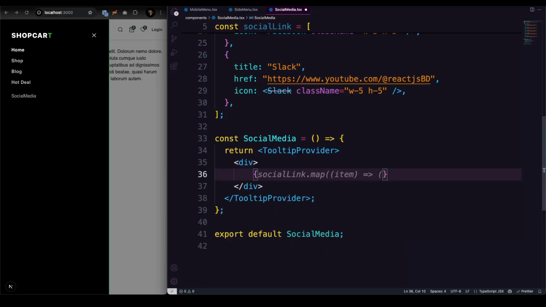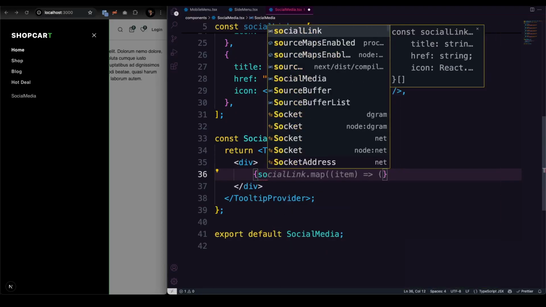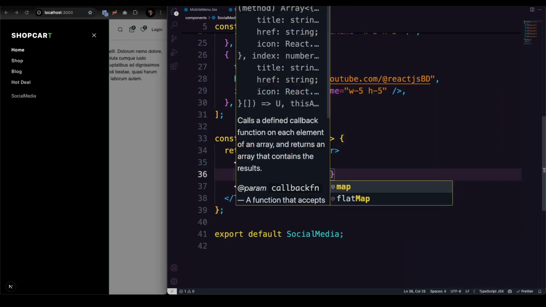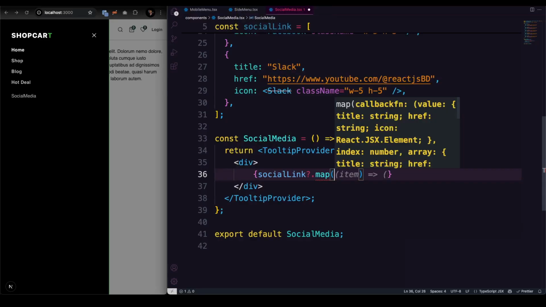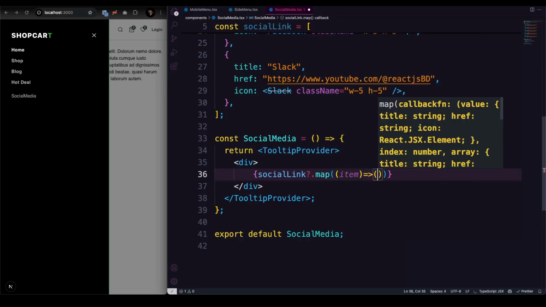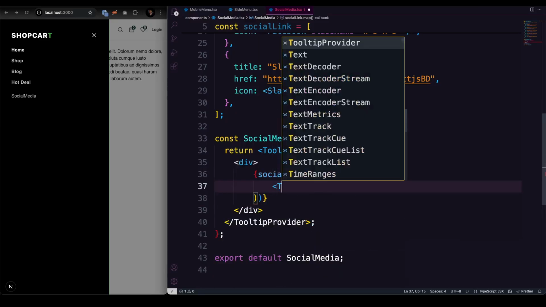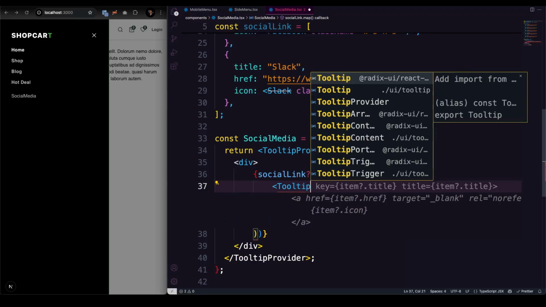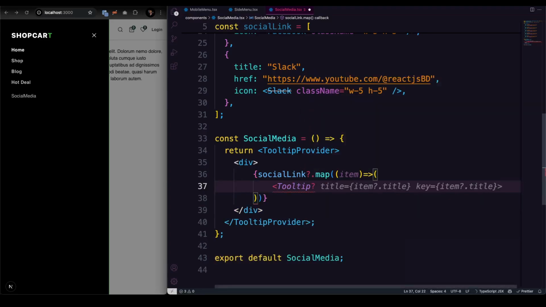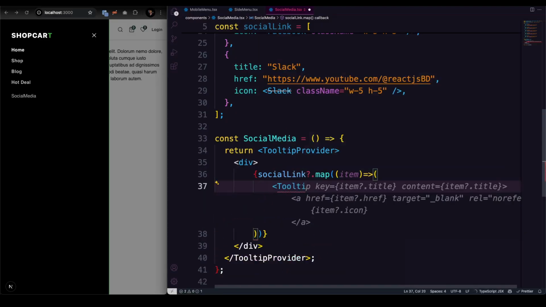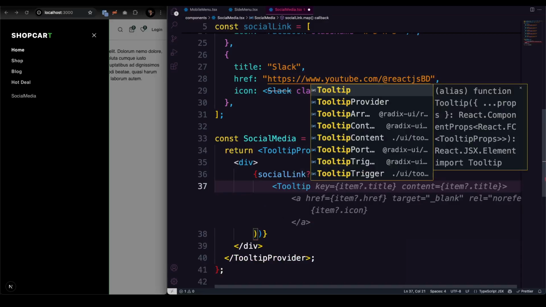So first of all, let's say socialLink dot map, and I always love to make that null check. It's up to you if you want to, otherwise it will also work fine. Everything I'm going to capture as an item, and then I'm going to wrap it with the tooltip. So the tooltip here, import it, and within the tooltip, okay, I think I made some mistake. So tooltip,